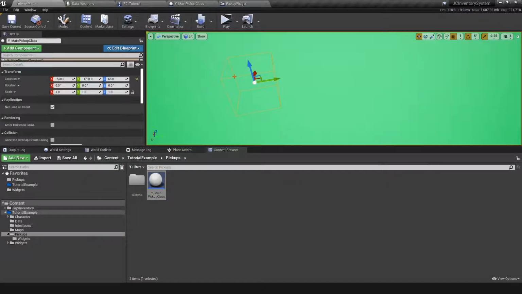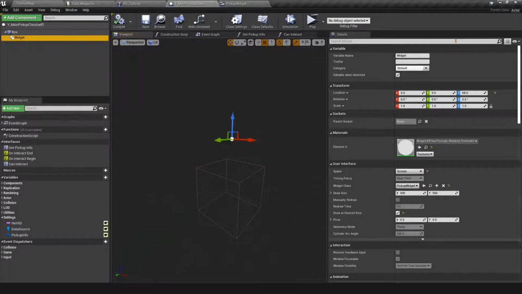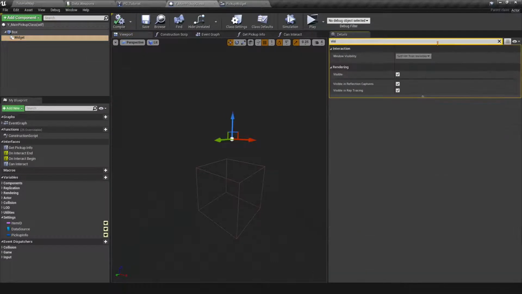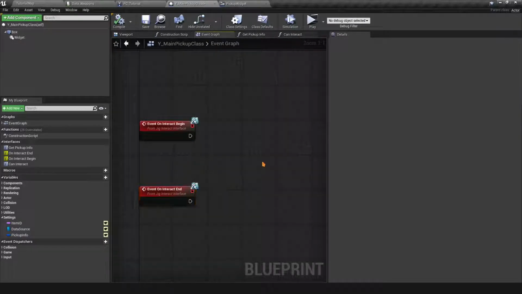Let's go ahead and select it here and delete it. So by default, we're going to select the widget, go to the visibility here in the details panel, and then on visible here, we want it to be false. So it's going to be invisible by default. So on the start interact here, if we go to the event graph, that's where we grab the information about